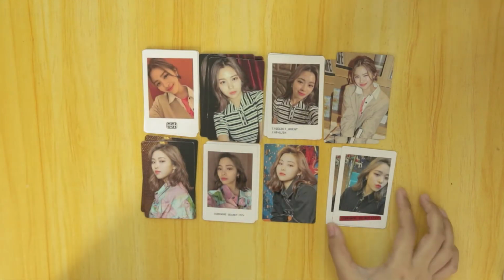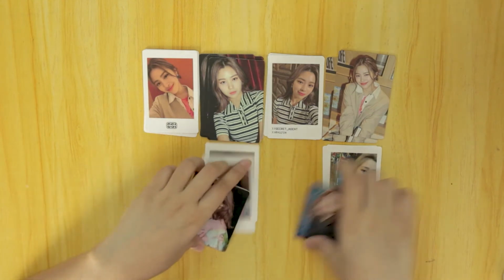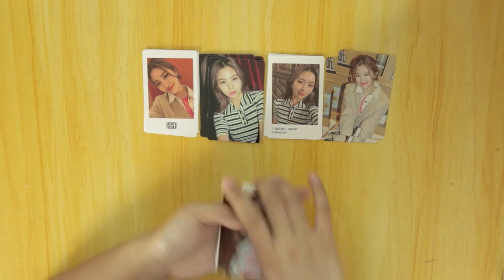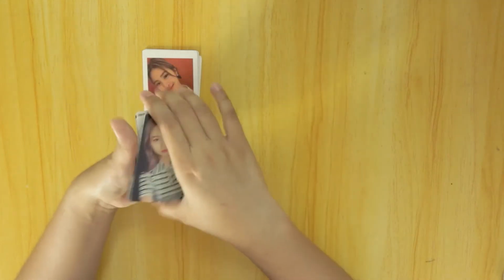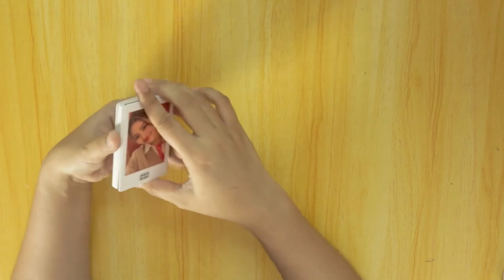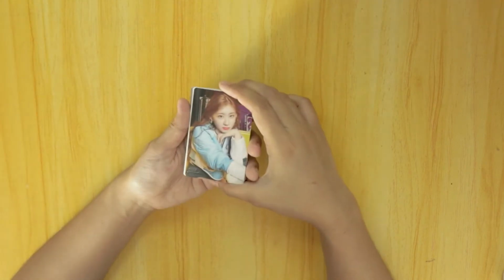Ayan, so we also have a complete set for Ryujin as well. So we have the Polaroids and then the normals. So for Ryujin, I have, I think, 1 pull taker for this. So the others will be up for trading or for selling. And so for Cherry,